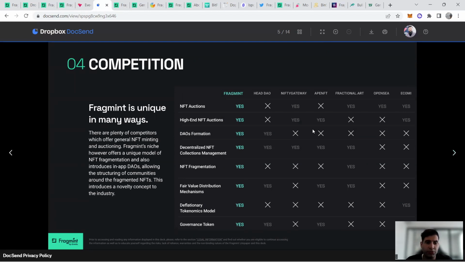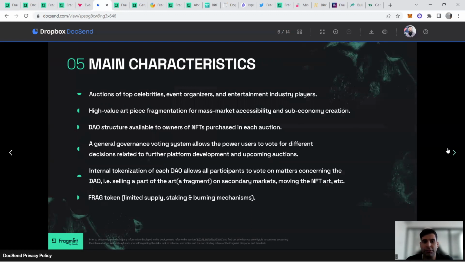So that's why it's unique, because it has it all in one, and especially it's focusing on both the DAO, meaningful fragmentalization of art, and also connecting the community who are supporting different art. Just like in Web2, you have meetups and events between these people. Some of the key features are allowing multiple users to participate, perks and benefits for auction item supporters, the DAO, the consensus mechanism, and enabling high-end pieces of art to be more affordable for the mass market, to create a sort of sub-economy for that.